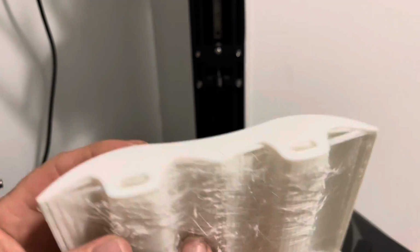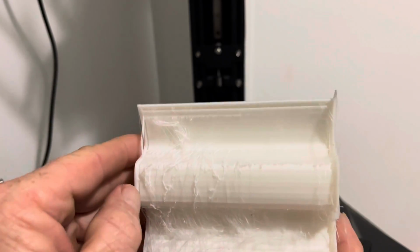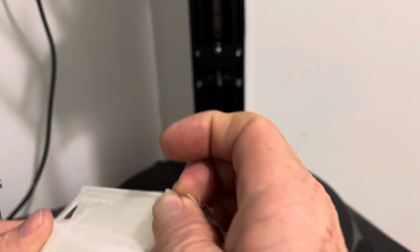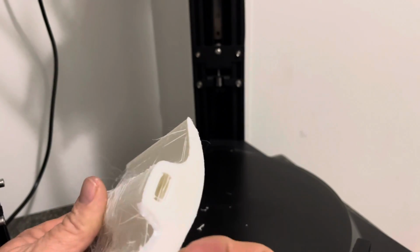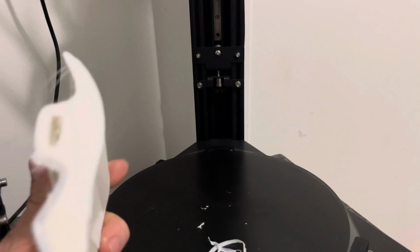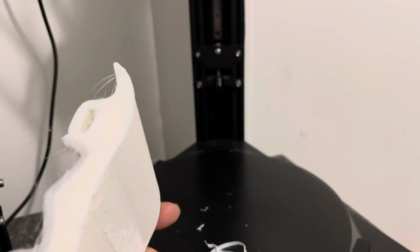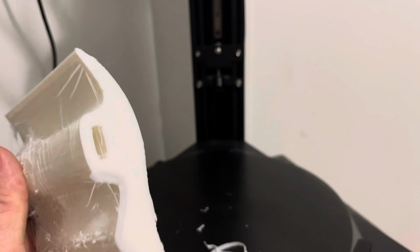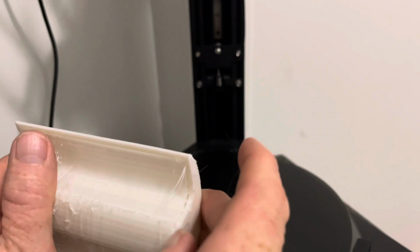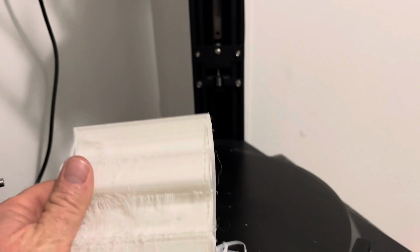All right, how do we get this waste out of here? I'm gonna snap it all loose. It's overburden here. This is what helps it stick to the base. It lays down a little bit here. And all this stuff we can take a light piece of sandpaper to get the excess off. And this is a model I pulled off online, so